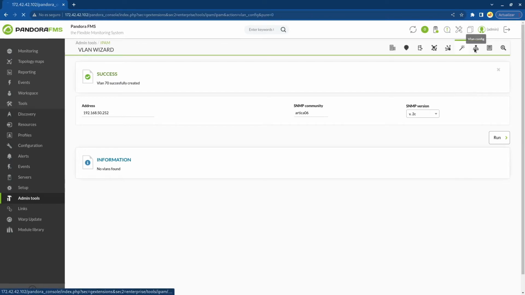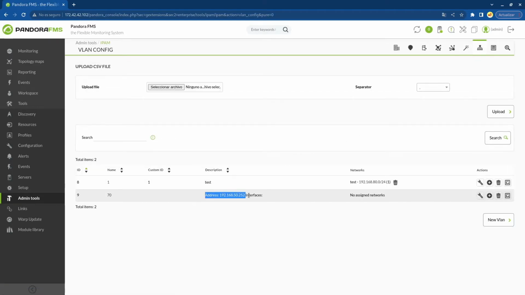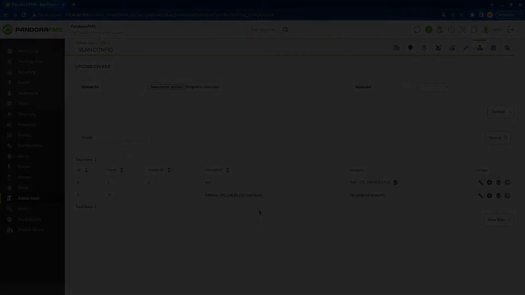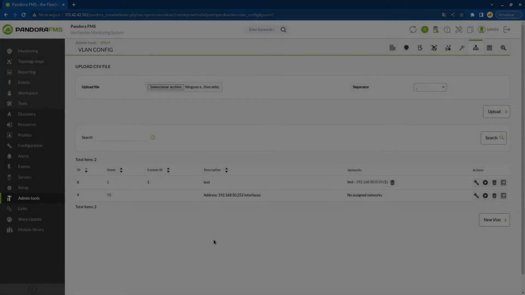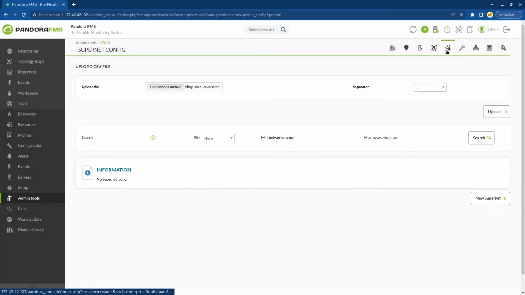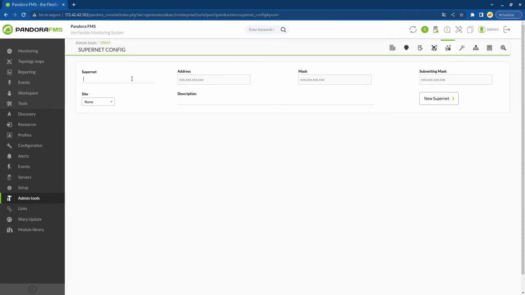IPAM also has a section for creating Supernets in a simple way. To create them, go this time to Supernet configuration. Once there, several boxes will appear to be filled in. The name that the Supernet will have, a site that you have to previously define in the IPAM Sites tab itself, its initial IP address, the Supernet mask, the subnet mask, and a brief description, although these last two fields